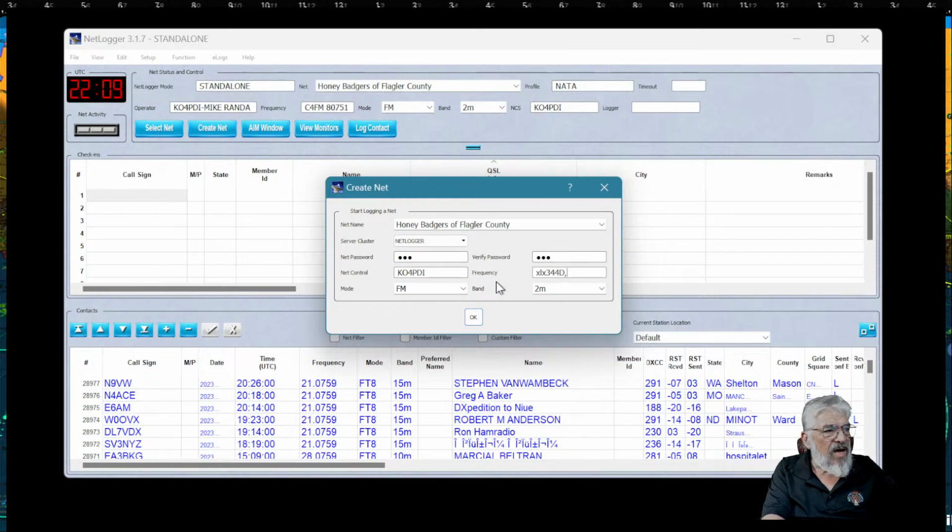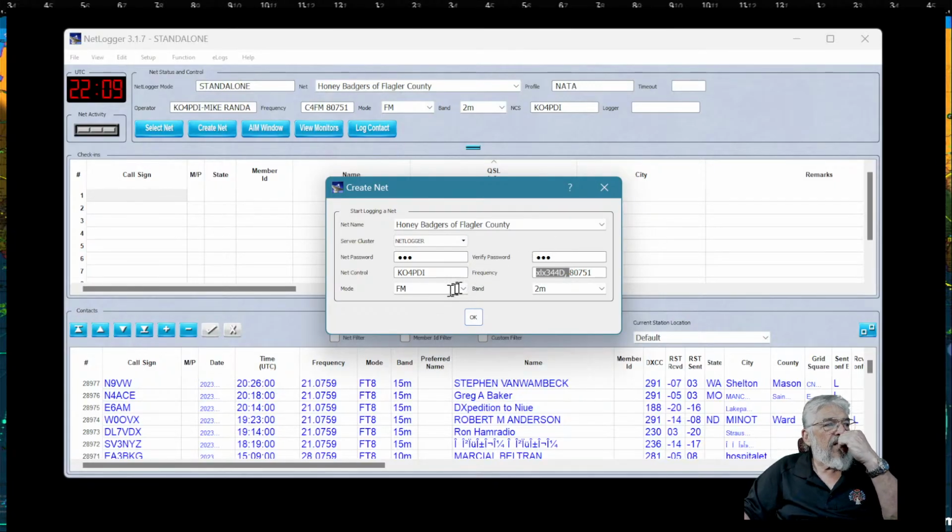And if I put a comma, I think 80751. Yeah, I can get the room number there too. There's not a lot of room here. I don't know how much more I could type. Of course, we're also on FCS. Yeah, can't type any more than that. We maxed it out. So that is the most you could type in there.